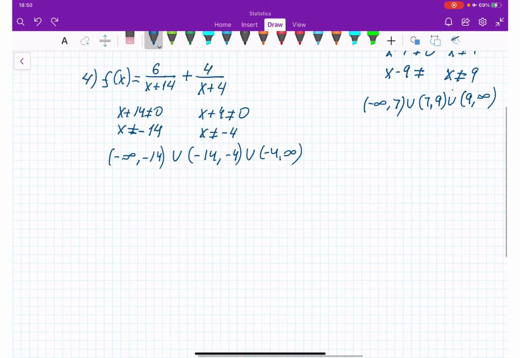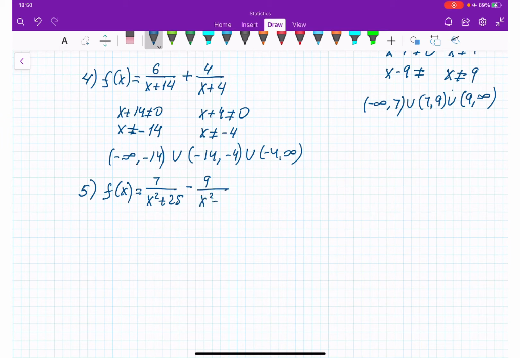Question number 5. We have f of x is equal to 7 over x squared plus 25, minus 9 over x squared minus 16. Okay, so x squared plus 25 cannot be equal to 0, which means,